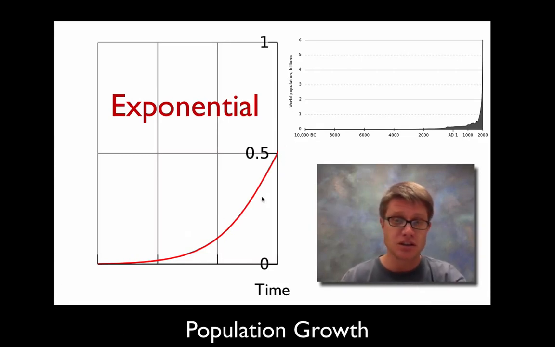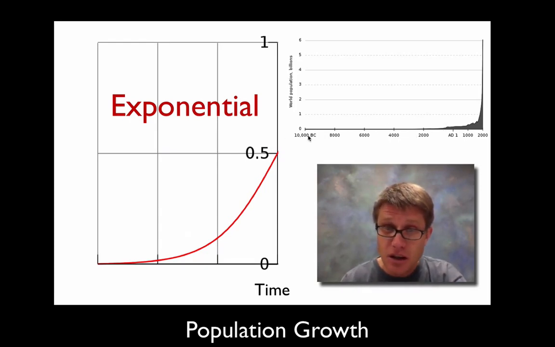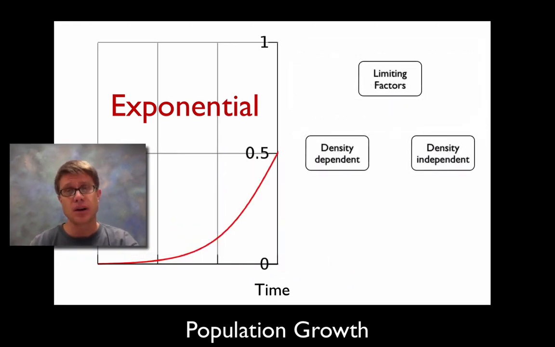This is just a mathematical model of exponential growth. This is actually human growth. Here's humans from 10,000 BC until the year 2000, where the population hit 6 billion. We're going right at about 7 billion right now. And if you look at this, this would be exponential growth. In other words, it's just taken off, especially since the Industrial Revolution. But you can imagine that it can't do that forever.